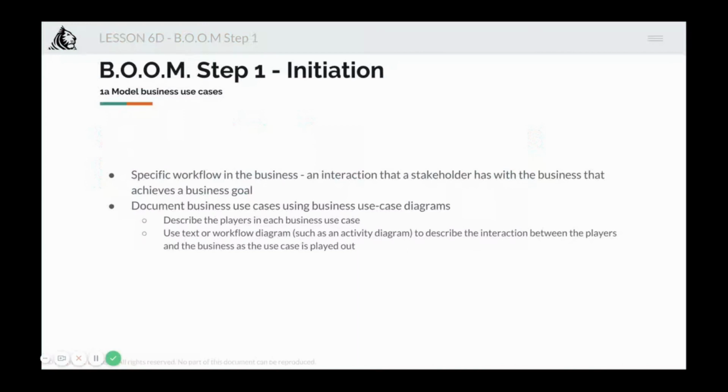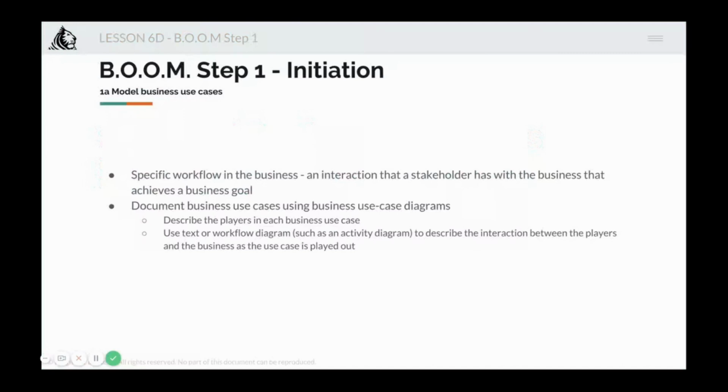stakeholders, you want to identify the end-to-end business processes that the product that you're building will affect. These processes are business use cases. A business use case is a business process representing a specific workflow in the business, an interaction that a stakeholder has with the business that achieves a business goal. It may involve both manual and automated processes and may take place over an extended period of time. Any product has the potential to change the business environment: how steps, both manual and automated, within a business are performed, and the roles and responsibilities of employees. By focusing on business use cases at the outset of the product, you ensure that this business perspective is not forgotten,